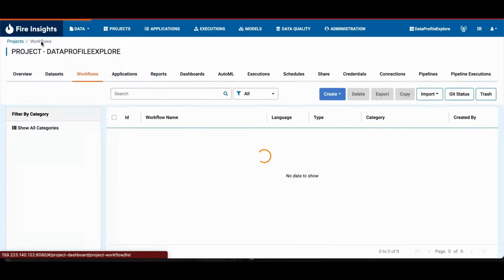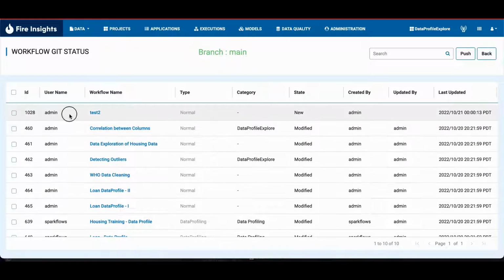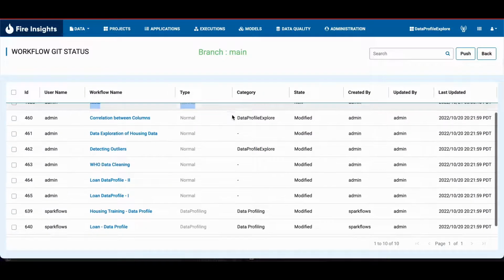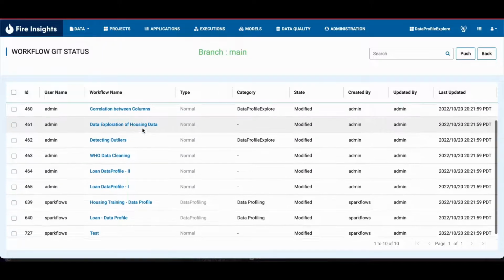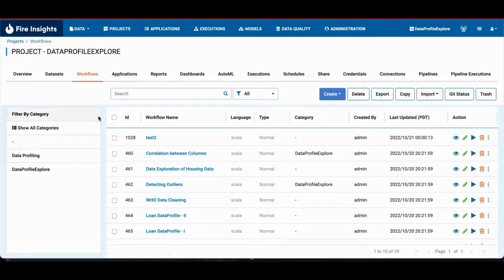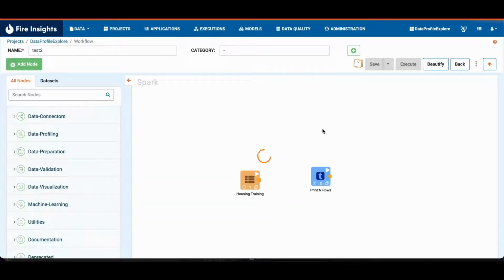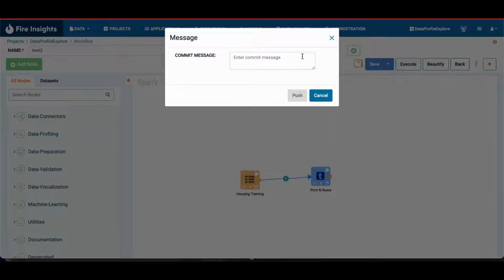and go back to Data Profile Explorer. If we click Git Status, we see that test 2 is on top of Git Status, and we see a list of other workflows that have not been pushed to GitHub. So Git Status works just like Git Status, where it gives you a list of workflows that have not been pushed to GitHub. So if we go back to test 2 and we click save and we push this to GitHub,